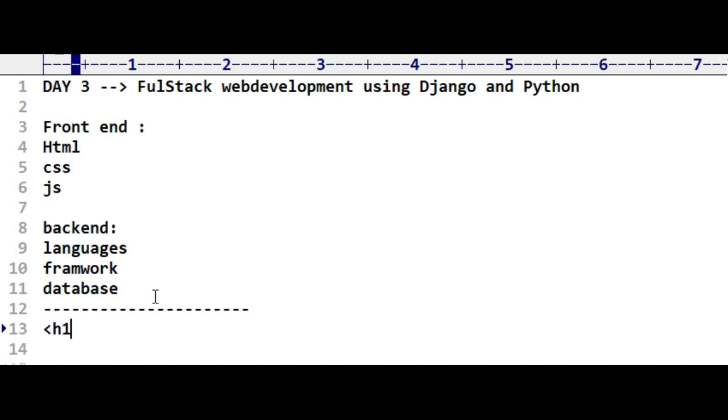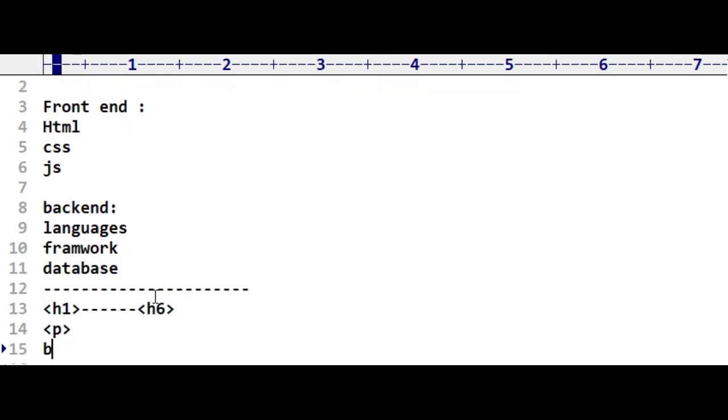Okay, so we also learned about some tags like the heading tag. We have seen heading tags h1, h2, h3 up to h6. And we also saw that we are not using h4, h5, h6 because they do not look like a heading. We have seen the paragraph. Then we have seen the bold tag.